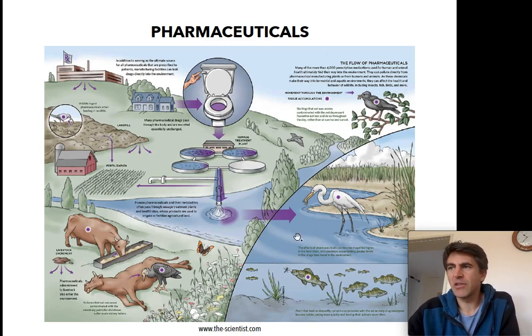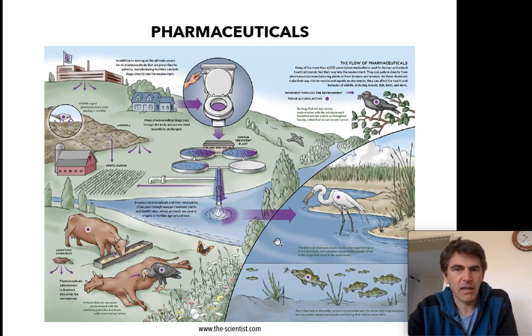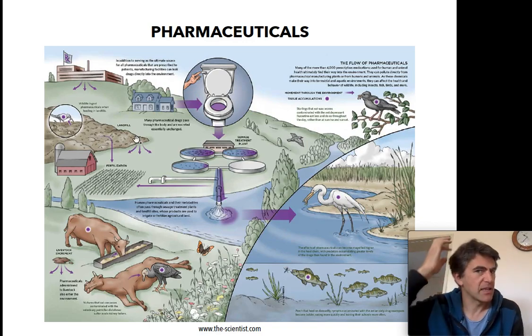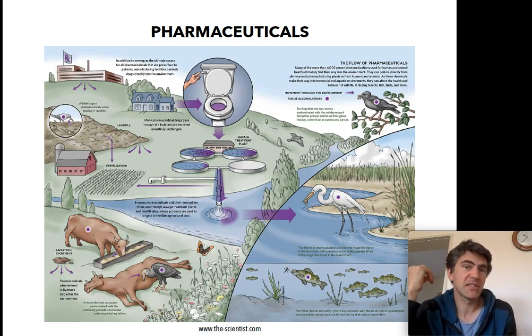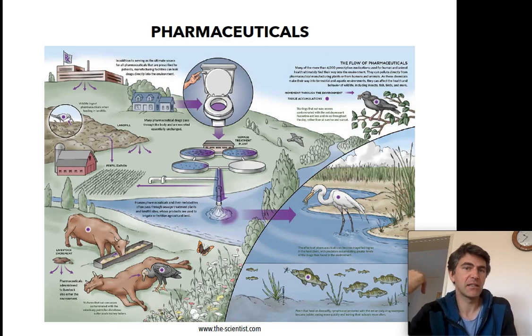I'm just trying to see what the examples are here. We can't read the text very well. Well, let's not worry about the detailed examples. I guess the point here is that it travels through many different places. And there are various ways in which these kinds of pharmaceuticals or other substances can accumulate in species through processes of bioaccumulation, especially in fatty tissues in the species. Certain substances can accumulate and then lead to various problems.